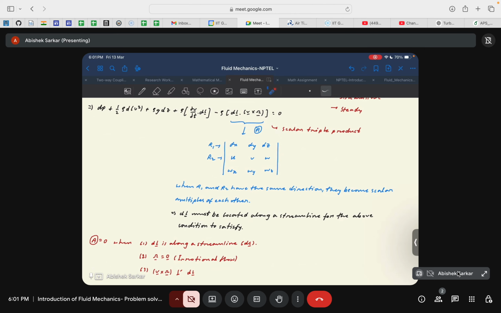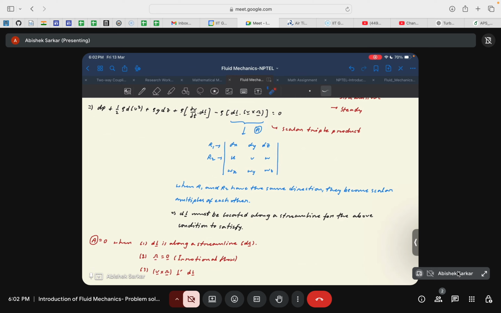Okay, first condition is that this term denotes a scalar triple product. Again, something to look upon. I am not going to do it, but it's good practice if you look upon it. A simple brush up of your vector calculus knowledge. So now if dl and v are perpendicular to each other, then these two rows are collinear,